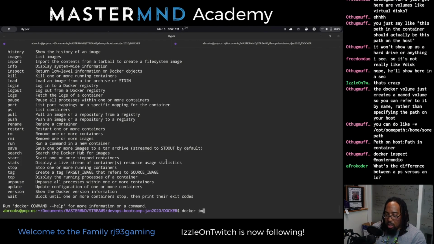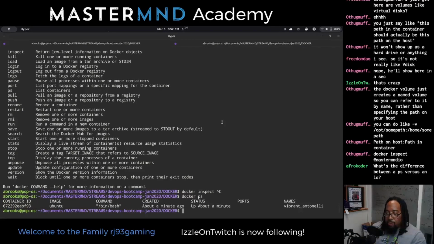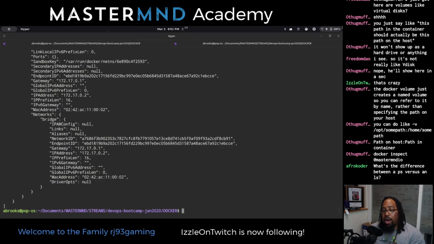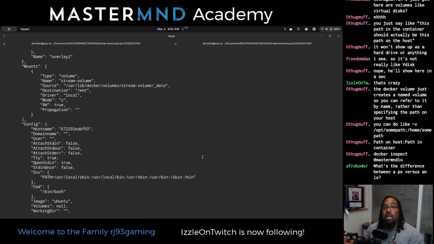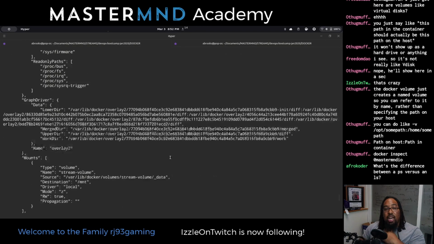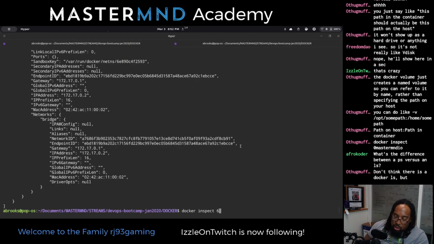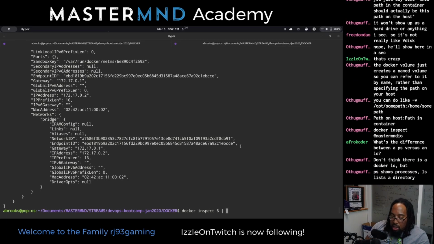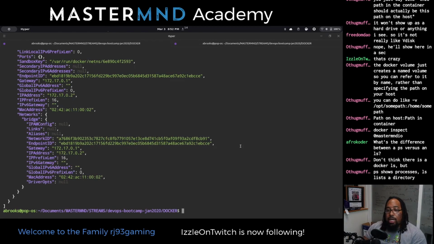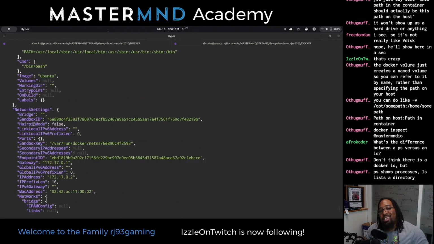Appreciate it. Docker inspect. And darn it, hold on. Docker inspect. I bet I can do this. All right, cool. So if you do a docker inspect, you can get individual information in JSON format, hard to read by a person. Do I have jq on here? Let's pipe it to jq so we get some colors. How do I do pipe on this keyboard? There we go. Never remember. All right, so we get some cool colors, but we can see this JSON here.